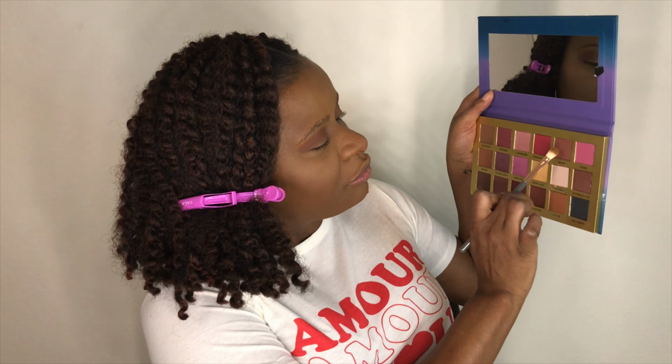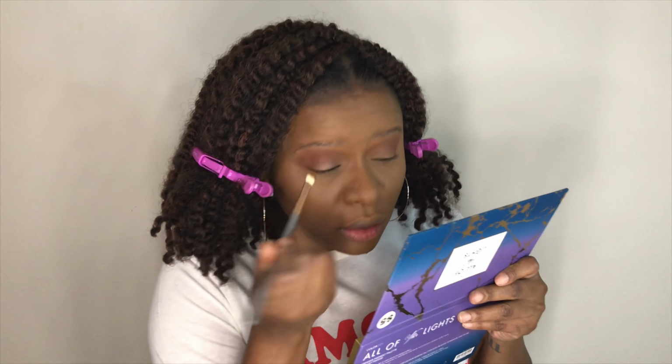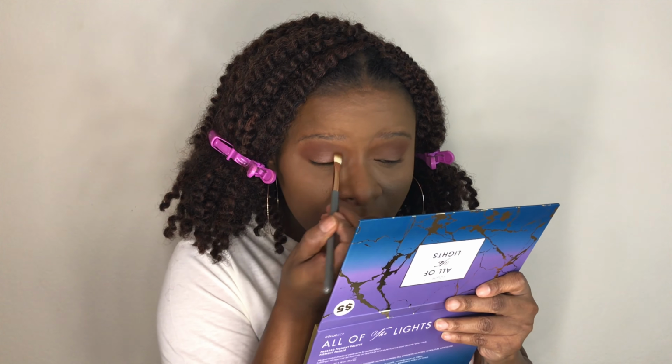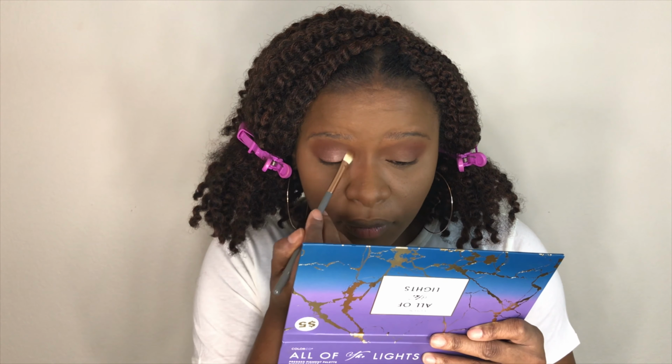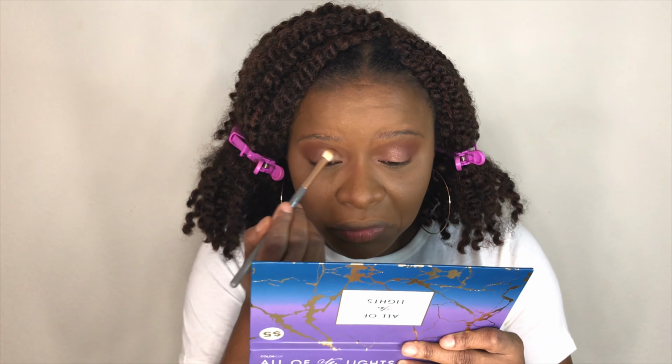So for that, I will use the eyeshadow brush, and this was $2. I'm gonna use Beam from this palette right here. Listen, Beam is not bad. This is nice. I really did not have high hopes for this, but it is not bad. It really isn't. I'm gonna use some setting spray,